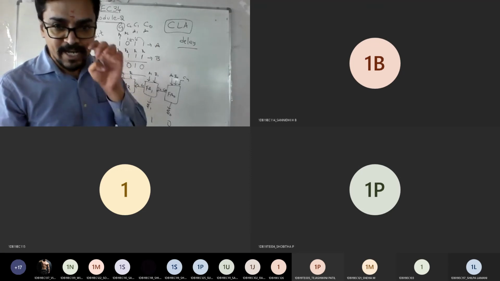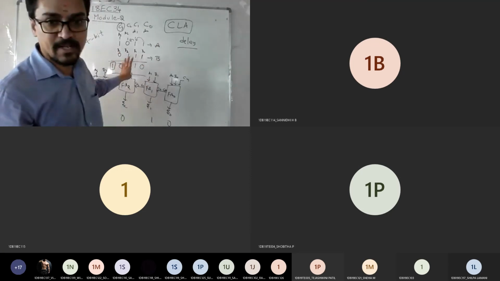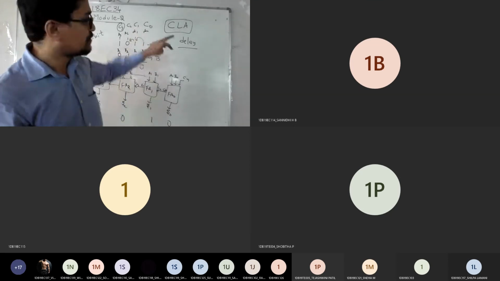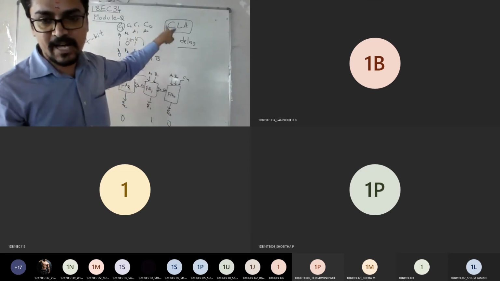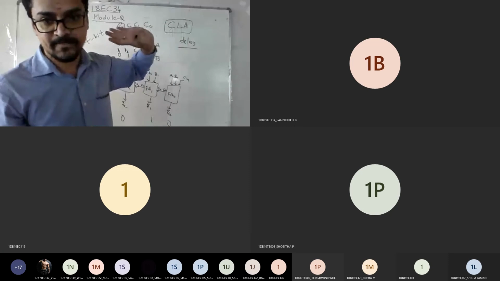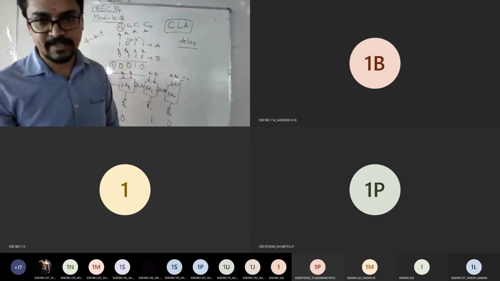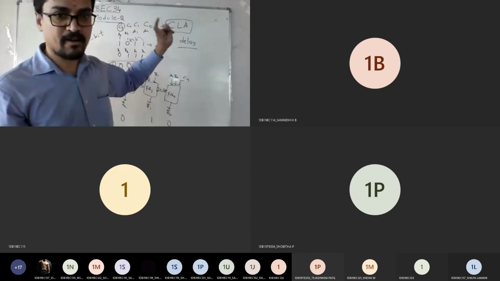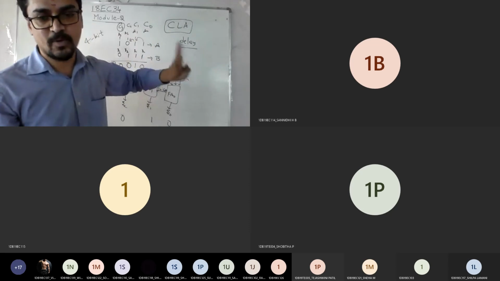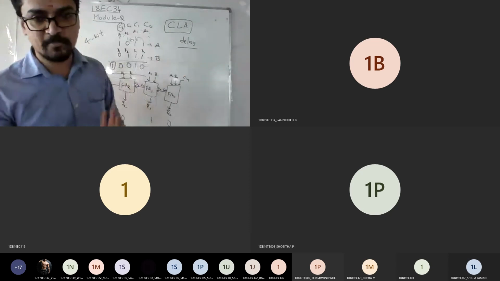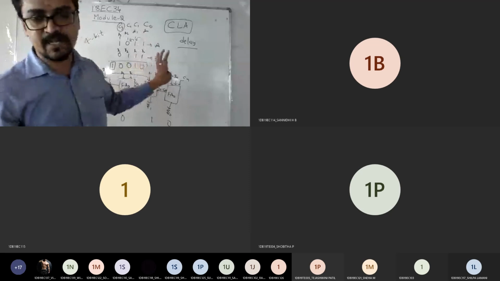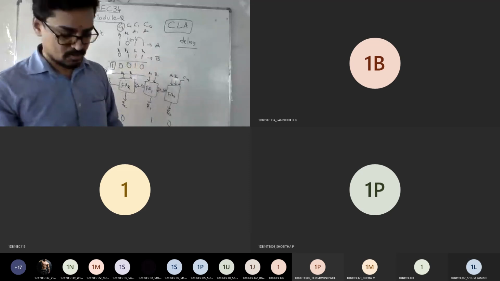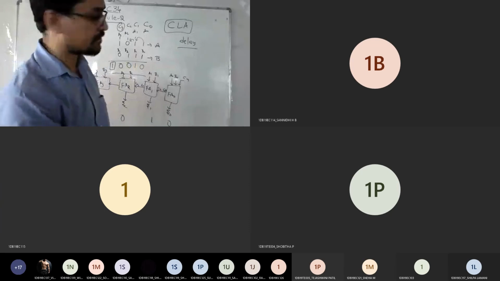That is what we want, right? We want to reduce the delay by speeding up the performance. So we will use this CLA, carry look ahead adder, or you can say look ahead carry adder also. Both are the same. If they ask you to explain, just have a mindset of for what purpose we are going for CLA.